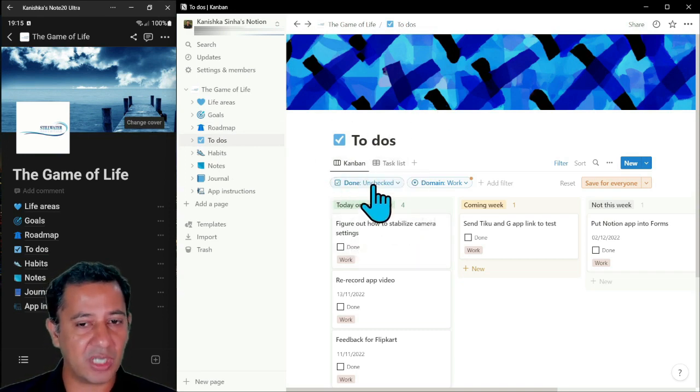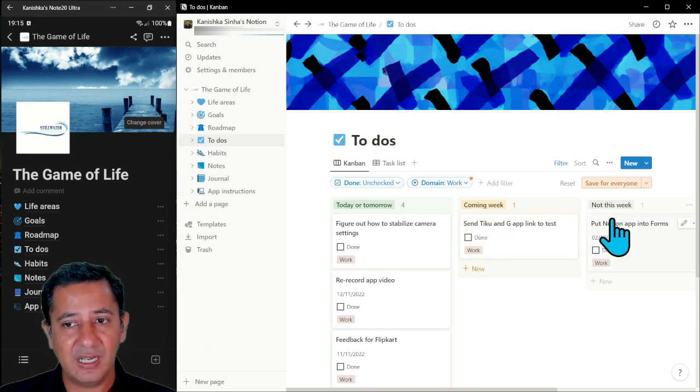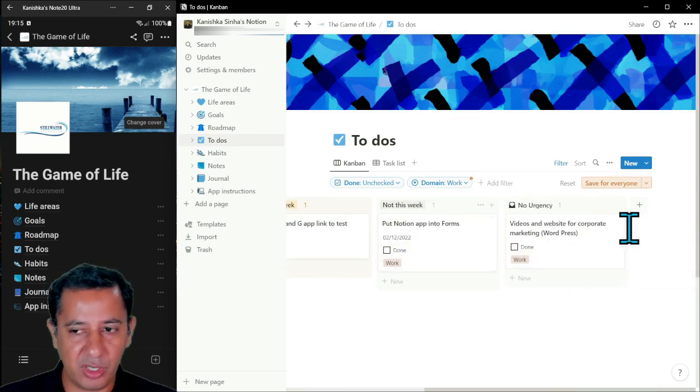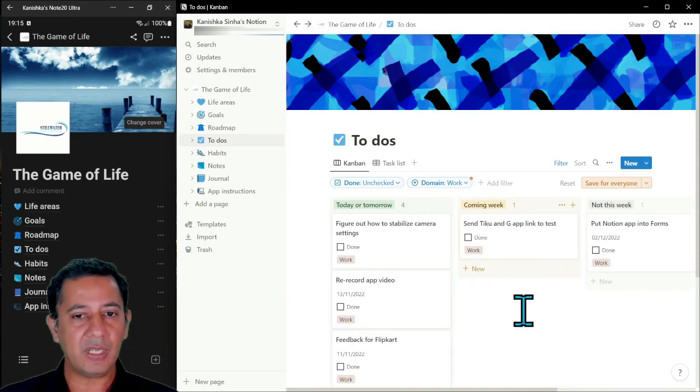So let me first talk about Kanban, which is basically, you've got these different buckets over here: the things that I'm going to do today or tomorrow, next 7 days for me, not this week, maybe sometime this month, and something that I really, at some point, I want to take my kids to the World Cup in 2026 maybe, so I'm going to plan for that a little bit later, right? Now,